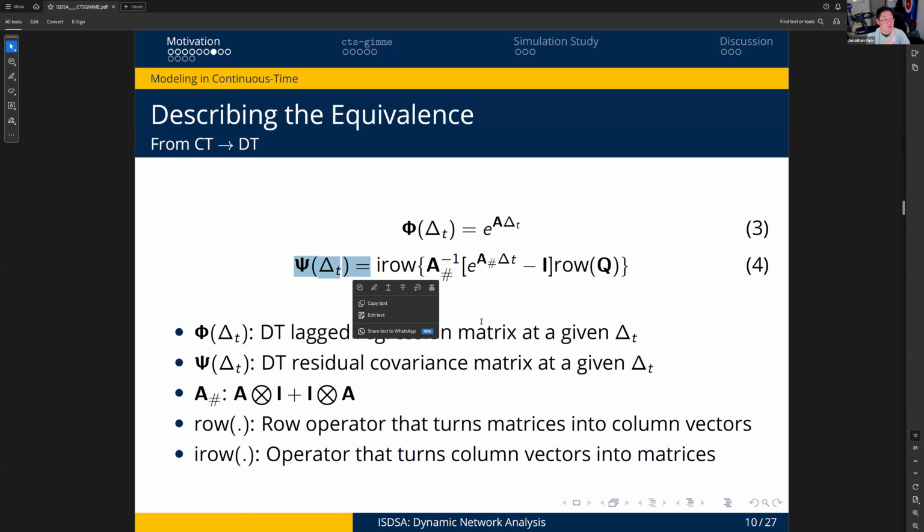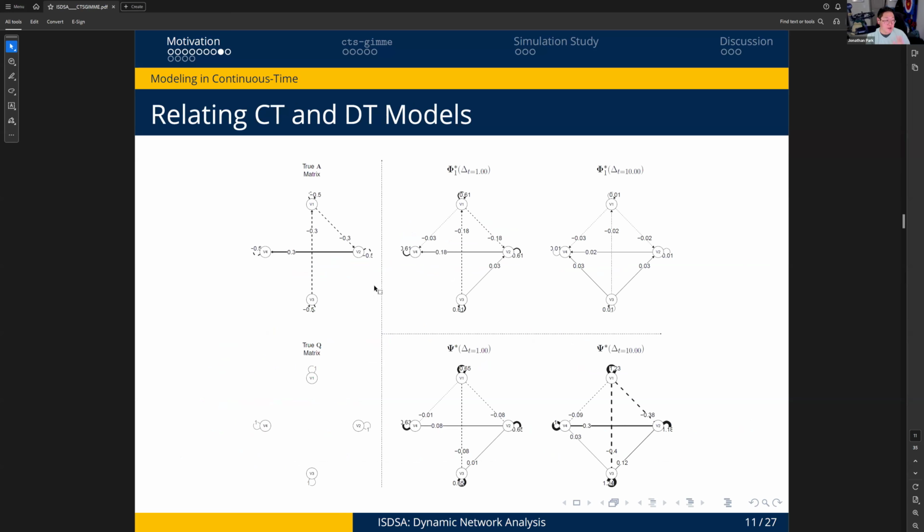So if you want to follow through with these equations, you can basically get what do my covariance or my process noise covariances look like? What do my discrete time dynamics look like? Just to illustrate this more visually for folks, because sometimes equations can be daunting, I have a true A matrix here and a true process noise covariance matrix in continuous time. And if I take this set of effects and I apply the matrix exponential and I multiply that by 1, what I get is this set of dynamic coefficients.